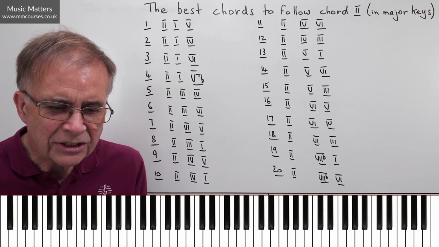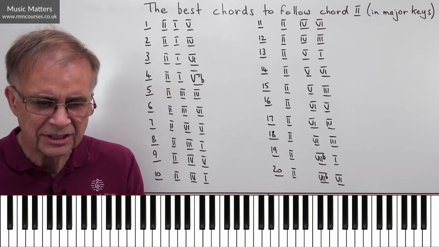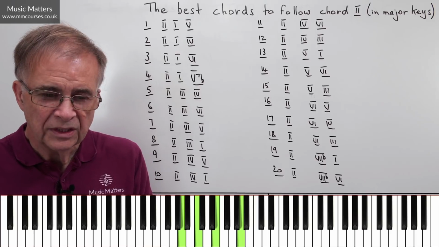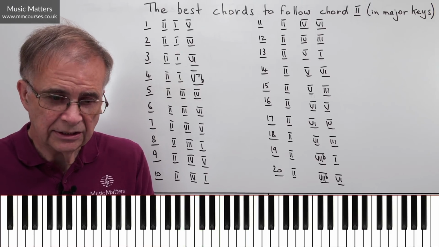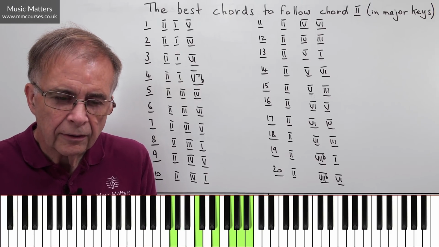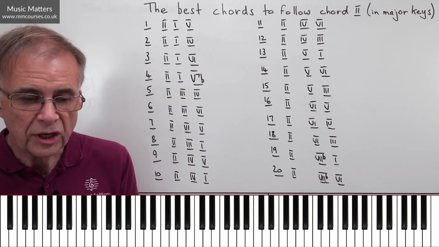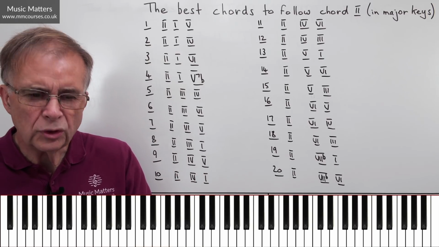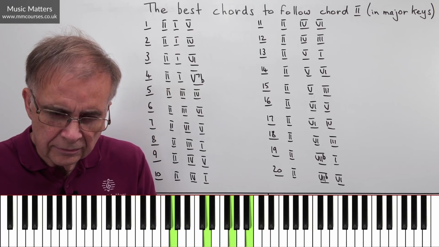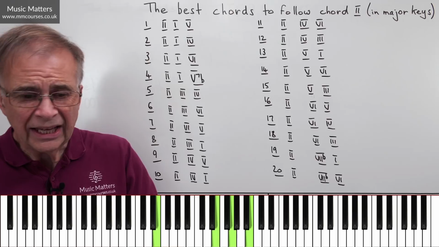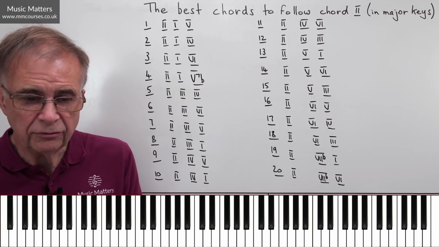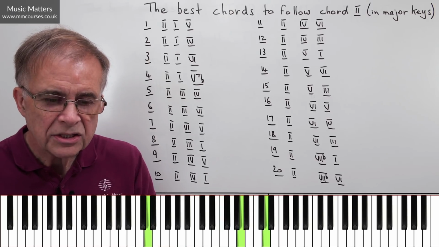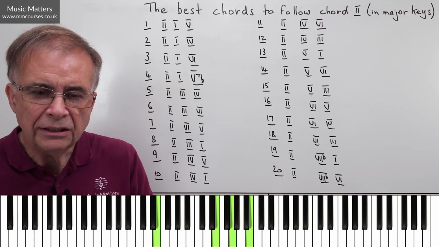Option 14 is going from 2 to 5 to 6. So that could work quite nicely as a cadence, or just as a progression within a phrase. Well, what about number 15, 2 to 5 to 3? Again, slightly less usual, but you've got common notes again, so why not use those? So 2 to 5 to 3.